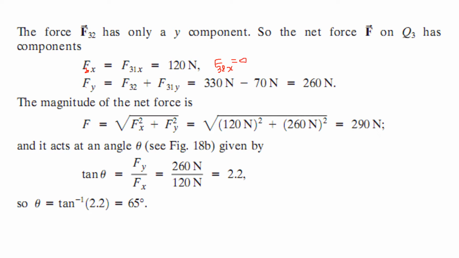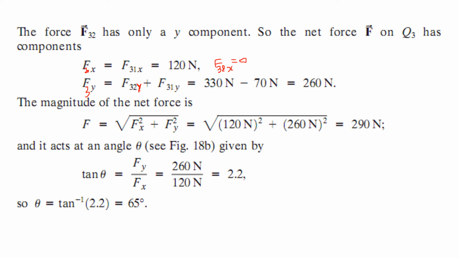And F3y is equal to F32y plus F31 in the y direction. We have seen that F3y is equal to 330 newtons minus 70 newtons,